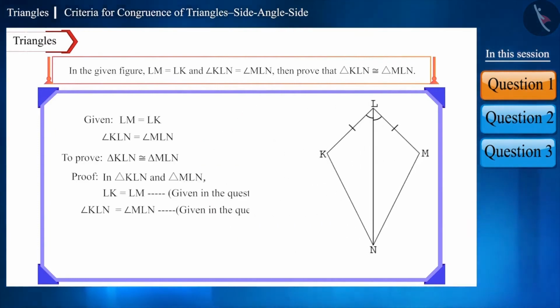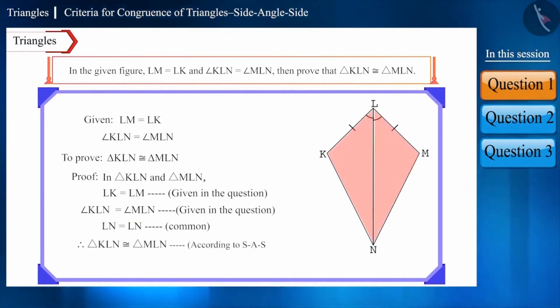Let's see, if we look at the two triangles, then their one side and one angle is equal. Now, if you look at side LN, you will notice that it is that side in both the triangles that comes in order after one congruent side and angle. That is, when it is congruent, the side angle side congruence rule is formed. And since this side is the common side of the two triangles, it will be congruent. We can write it like this also. Therefore, triangle KLN is congruent to triangle MLN.